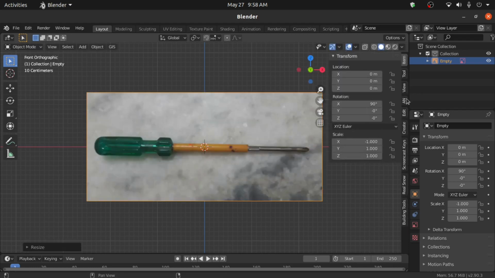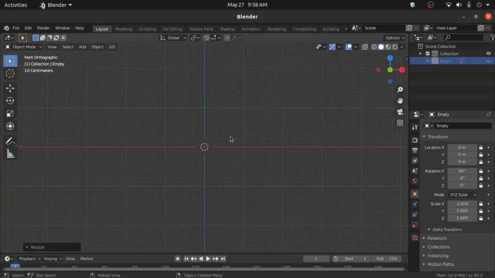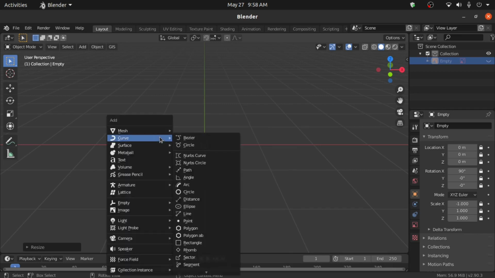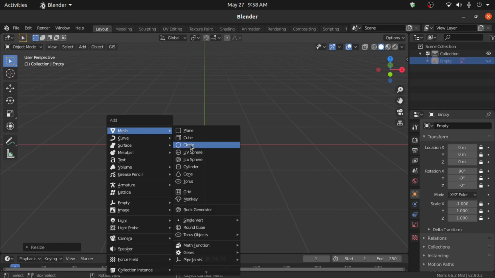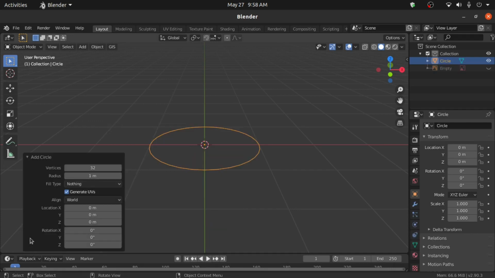Now press N for this panel and lock everything like location, rotation and scale, and we just have to hide it for a few minutes. We need three shapes. First is a circle, second is two stars. So press Shift A, under Mesh select Circle, click on this Add Circle, and we have to keep this value